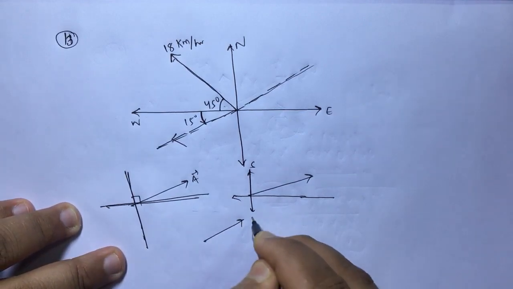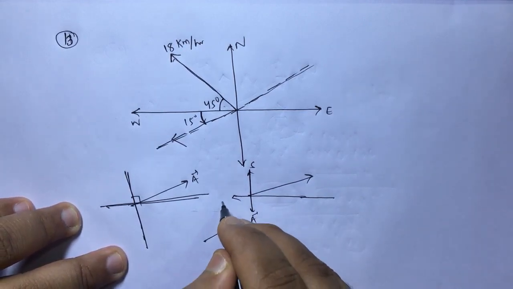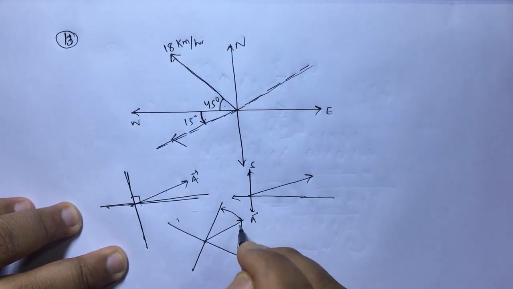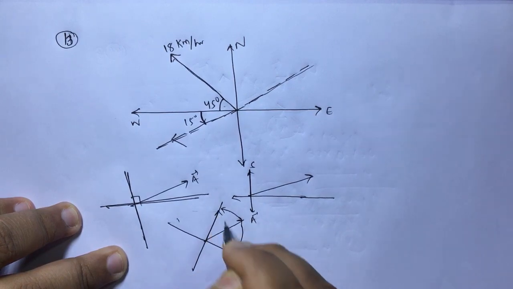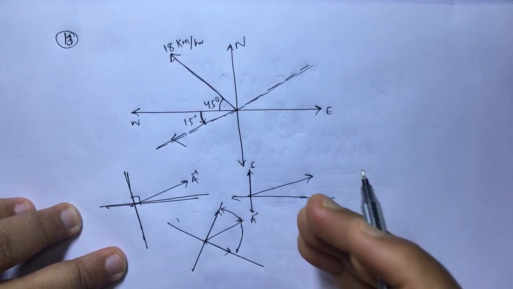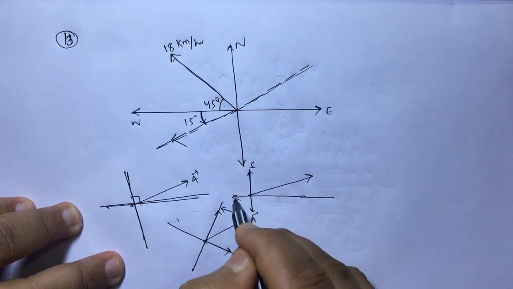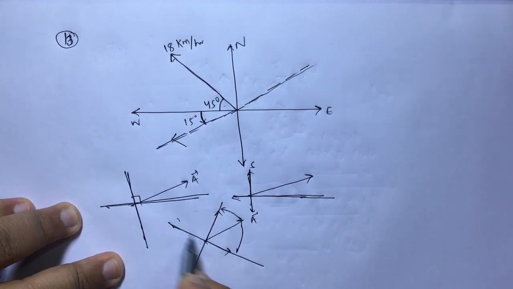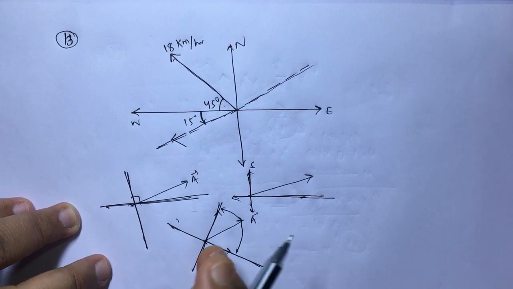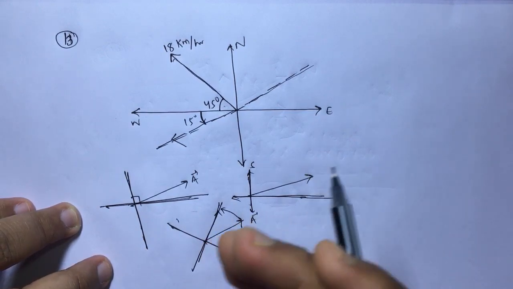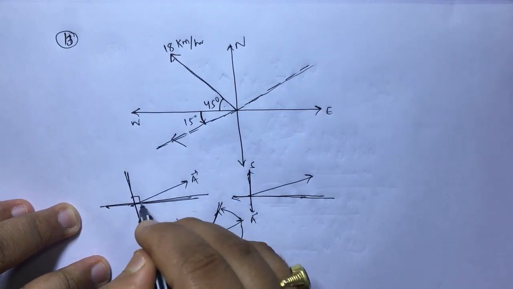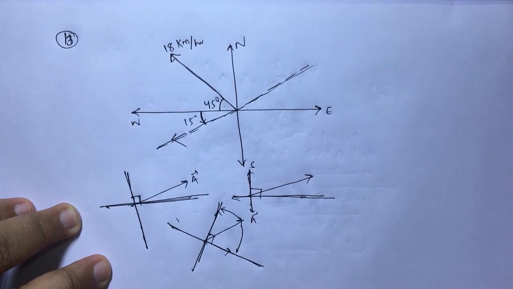Or, if this is a vector, I can divide it into one component towards this and one component towards this, so this will be one vector and this will be another vector. Because x and y axes do not have a fixed direction, it is not always that this is x and this is y. This can be x, this can be y. The only characteristic is that the x, y and z axes are always mutually perpendicular to each other. So here also they must be perpendicular.